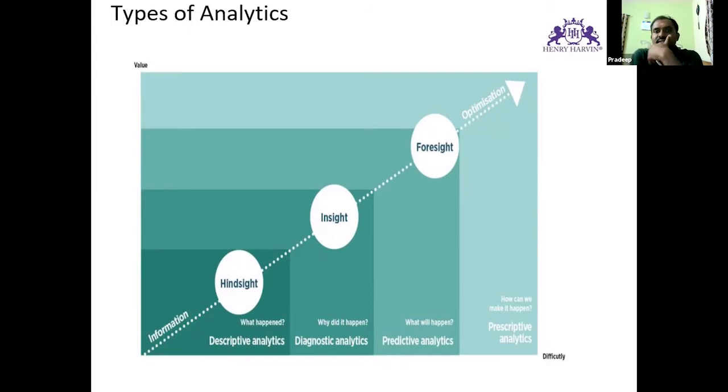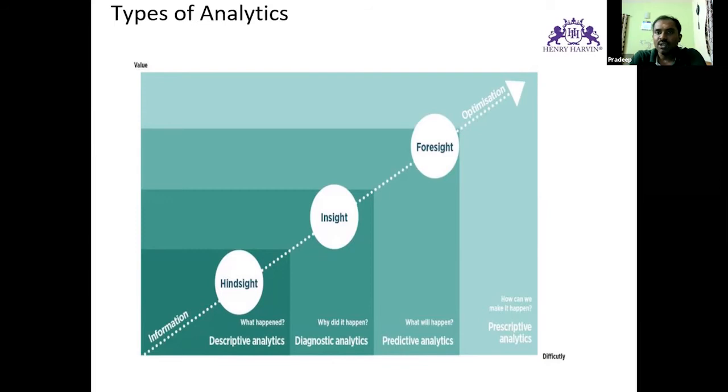Now, what is predictive analytics? What will happen? For example, the weather forecast. Based on the past few days' data, we can say whether rain will happen or not. Earlier, in our school and college days, the weather department would say that if rain is there, there will be no rain. But nowadays they are able to predict it with almost 99% accuracy. If they say that rain will be there, rain will be there, because they have a lot of powerful insights. Predictive analytics: what can the future sales be? How much sales will happen after 6 months? They rely on the past data.